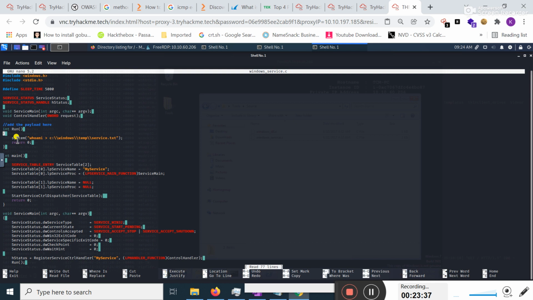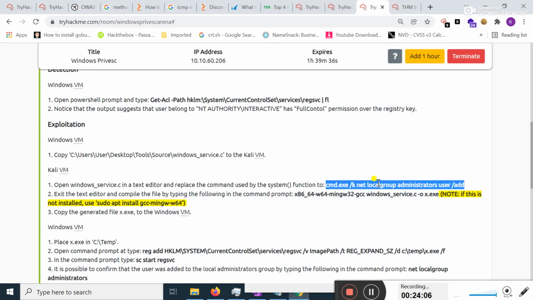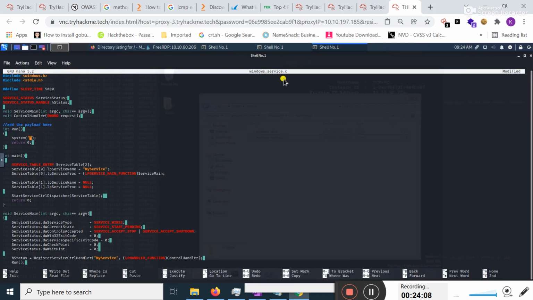Okay, I just simply go here and remove the previously written content from here, and place the new content here, that is this one, cmd.exe.